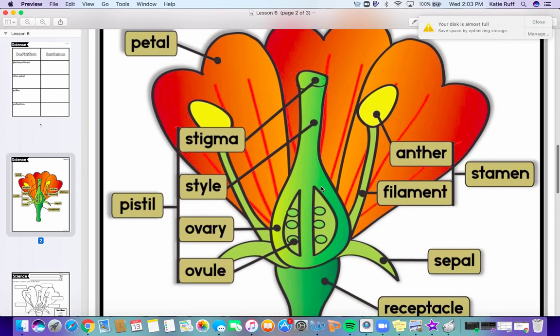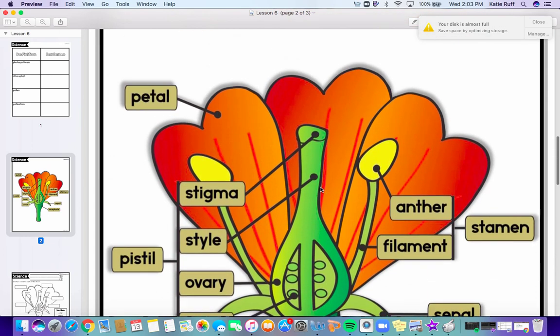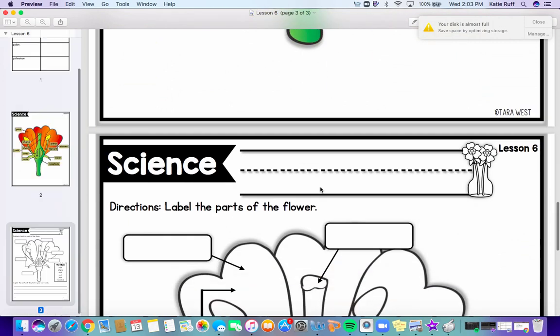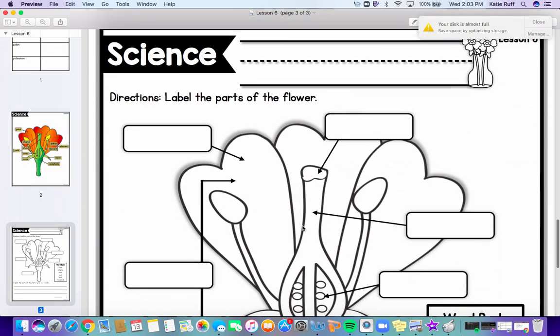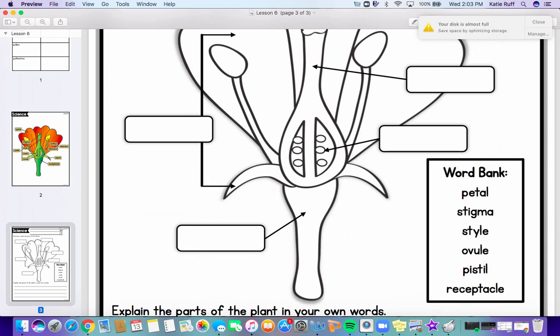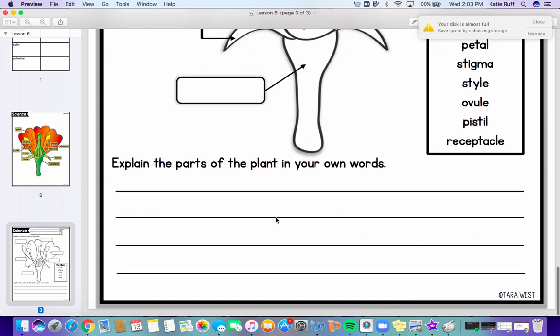this is where the pollen is produced. So this is all of the parts of the flower. And what you're going to do is you are going to use this paper to help you label your own parts of a flower using the word bank right here. We have the words petal, stigma, style, ovule, pistil, and receptacle. This is something that we would do if we were in class together, so I want you to just skip over this